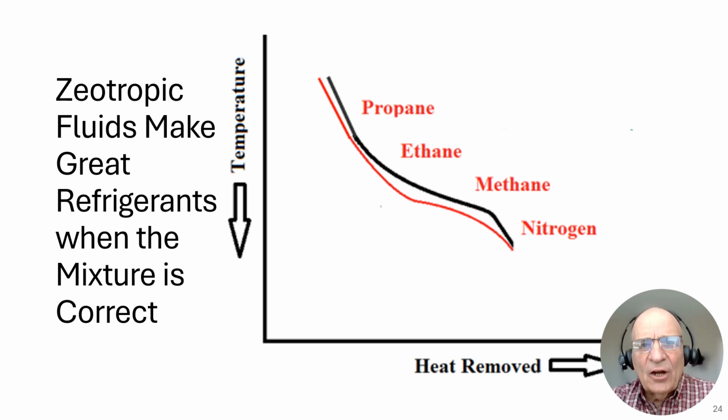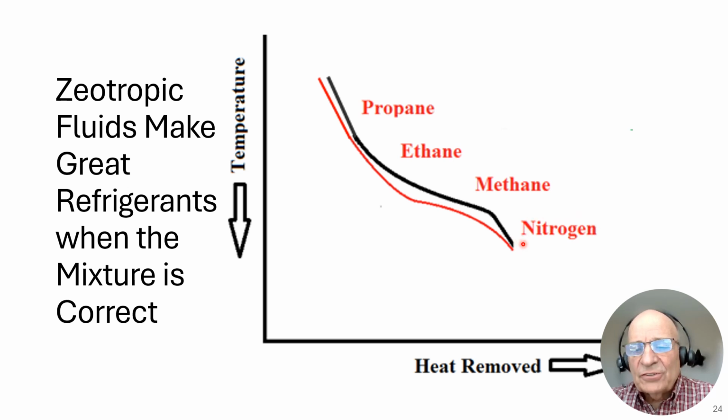So let us look at this on a load refrigeration curve. If we do that, we see our load curve shown in black, and we see our refrigeration curve shown in red. And you look at the components that are doing the cooling. On the warm end, the component that's doing the cooling is the propane. In the mid range, we have the ethane. On the bottom end, we have the methane, and on the lowest temperature, we have the nitrogen, which means that when we come across the JT valve with our MR,